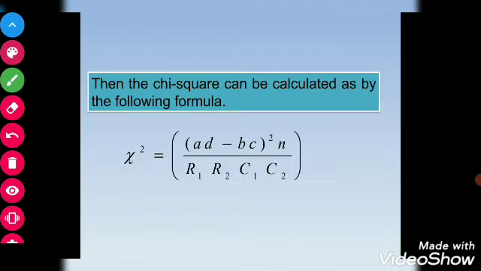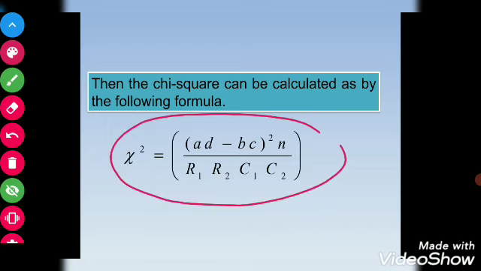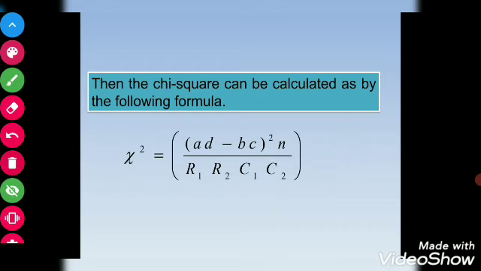Now, there is one more method by which you directly get the value of chi-square. You don't have to separately calculate the expected frequency, because in this formula the expected value has been included. Indirectly you are calculating the expected value. So chi-square will be AD minus BC whole square into total number of observations divided by R1, R2, C1, C2. You know each and every term in this formula. You will directly get the value of chi-square, which will be compared with the